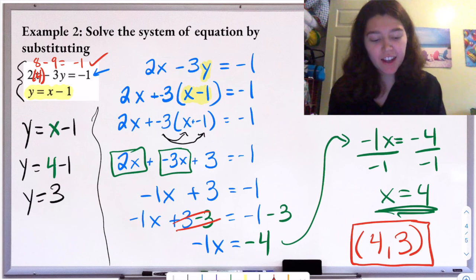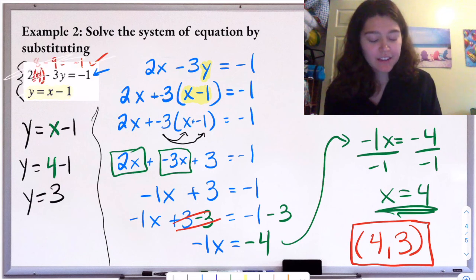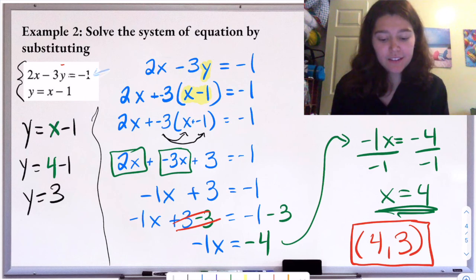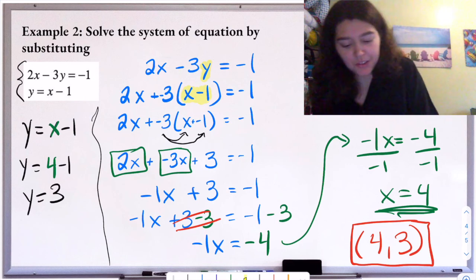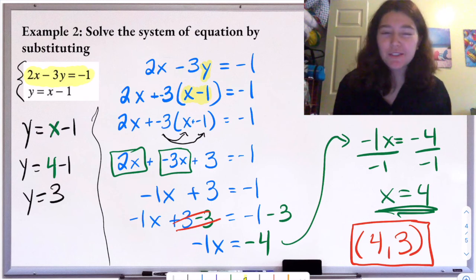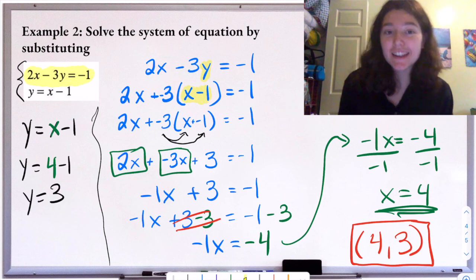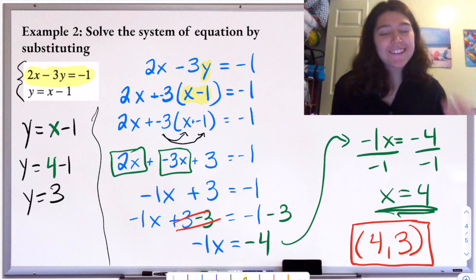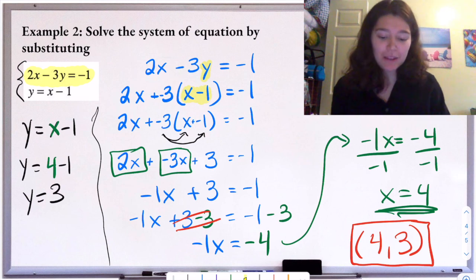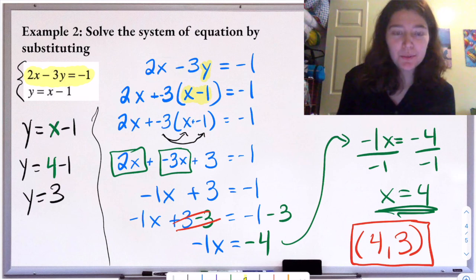If we were to graph these two lines, we would see that they intersect at the point (4, 3). But graphing this line is quite complicated, right? Because it's not in slope-intercept form, so we haven't really learned how to do that. We'd have to solve the equation for y to get it into slope-intercept form, and then at that point it's not really any easier. So algebra is going to be a good approach,